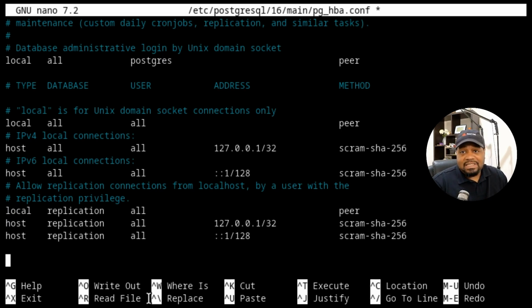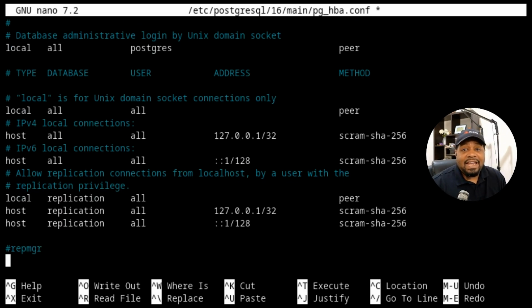And of course, this is a development environment, so you want to do a little bit more security for a production server. I'm just walking you guys through the process of actually setting it up. What I always do when I add anything in the configuration file, a lot of times I put notes, especially when it's something totally separate or dependent on another application. So repmgr. That way I know that's what this is under here